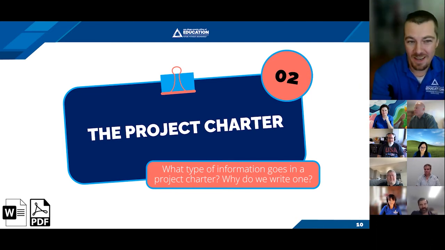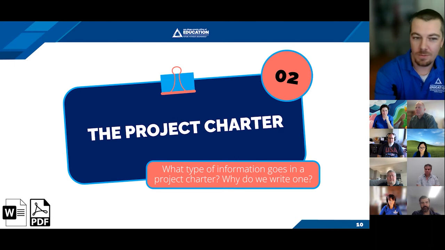So the project charter, it's a document that is created early in the initiation and planning phase as you're starting to kind of do the ideation around your project and figure out what your project is. That's when you're going to be creating this document. And you'll be creating this with your project sponsor, with your project team, with stakeholders, anybody that really needs to have input onto what the project direction is. This is the group you're going to do it with.